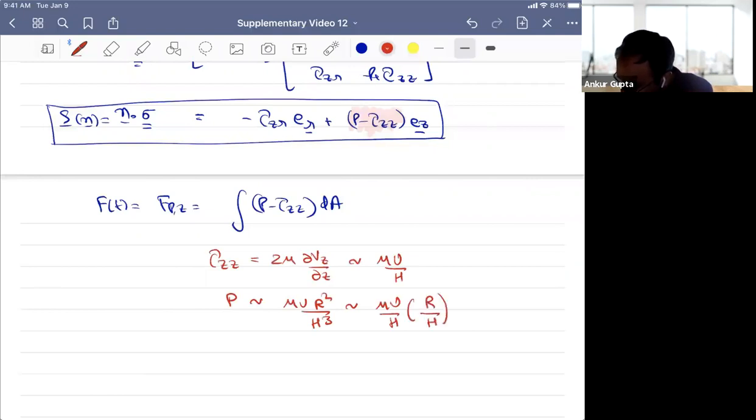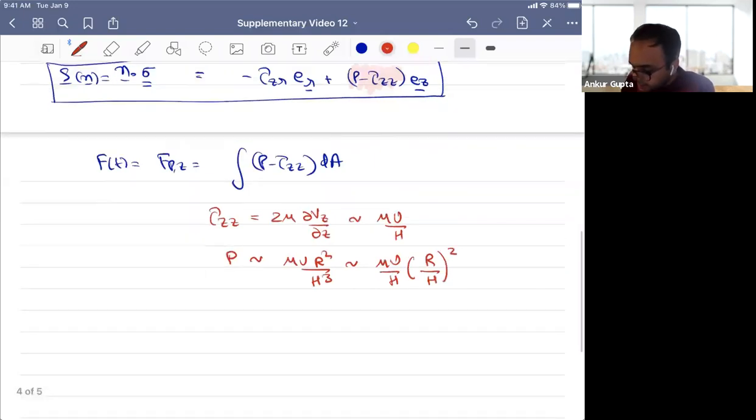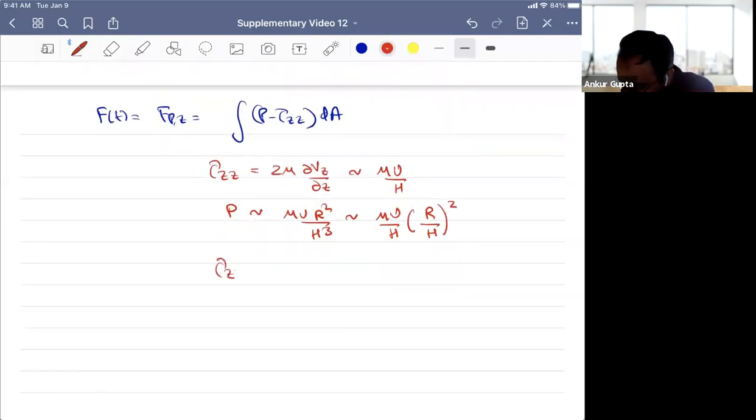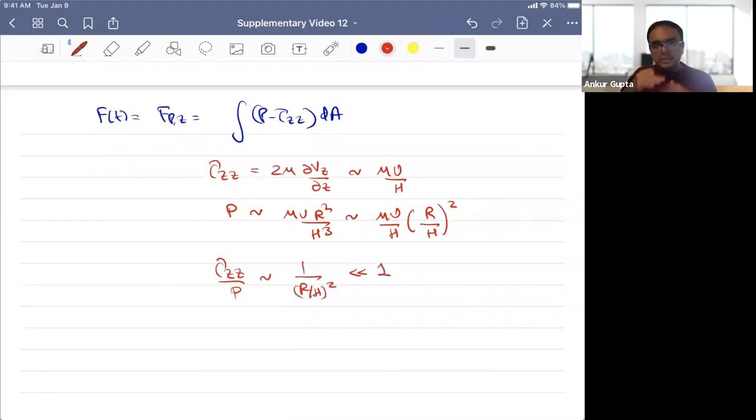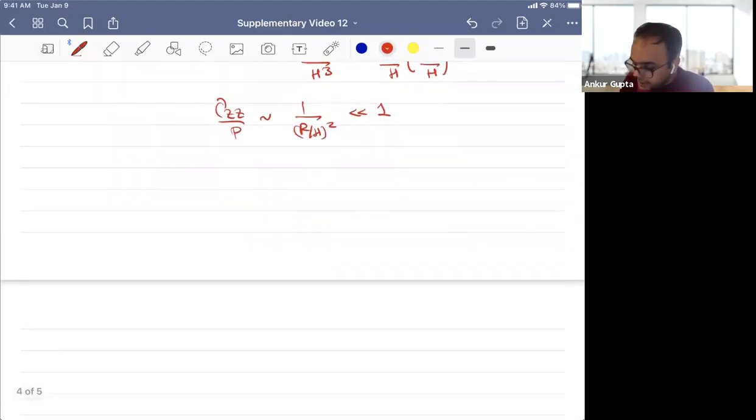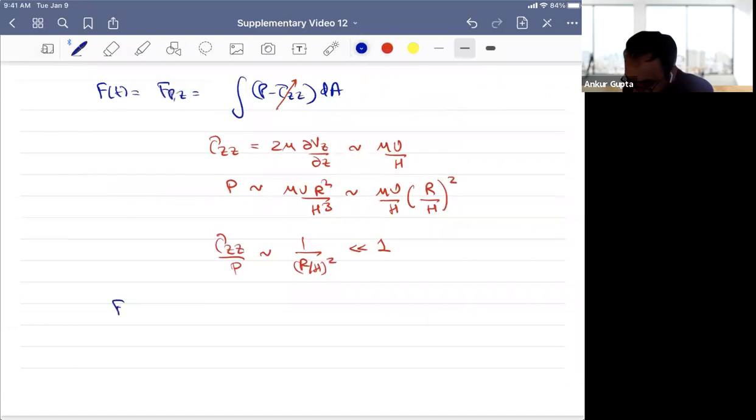or mu u by h into (r by h) whole square, right? In other words, tau zz by p is 1 by (r by h) whole square, and this is much, much smaller than 1. This is very common in these systems: whenever you have a thin channel, you can ignore the normal component of the shear stress. In a two-dimensional flow, you will see later on, you actually cannot ignore this. But essentially, if you ignore this, you basically get Ft is